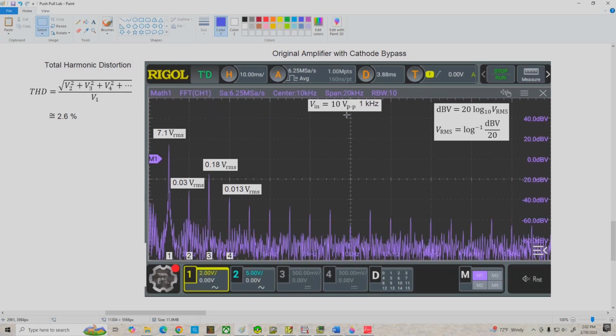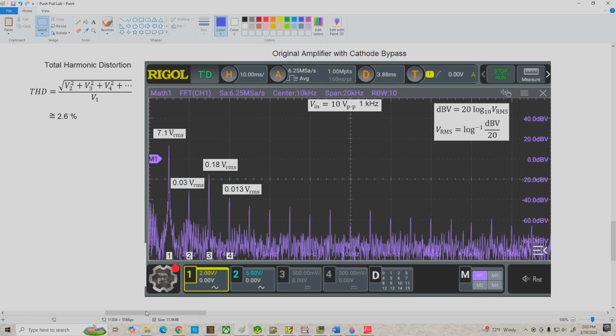So again, with 10 volts peak to peak coming in, 1 kilohertz, we get 7.1 volts RMS for our fundamental on the output. The second harmonic drops all the way down to 0.03 volts RMS, and our third harmonic is up a little higher at 0.18 volts RMS. And we can see we do have the usual assortment of even and odd harmonics up here at higher frequencies, but they're very small. So overall, our total harmonic distortion with 10 volts peak to peak coming in is about